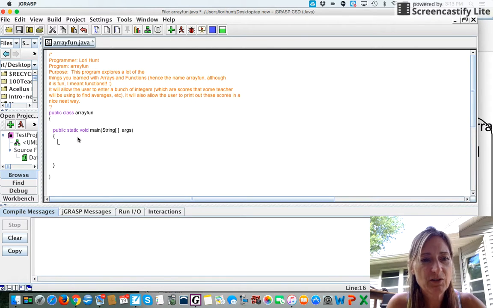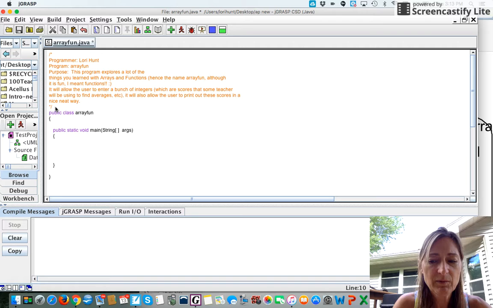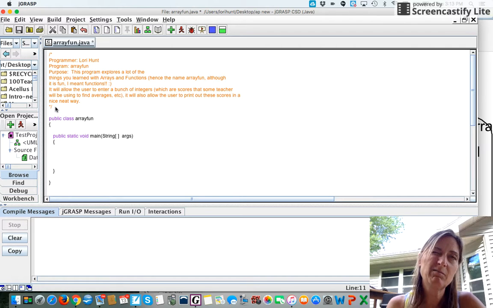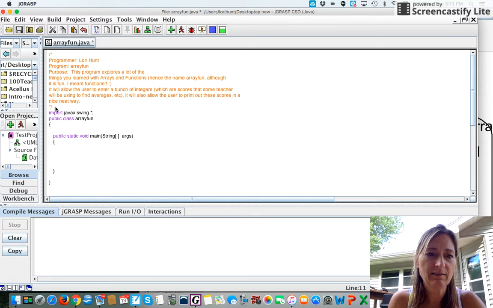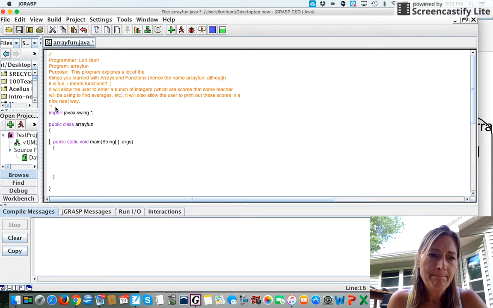First thing that we're going to do is talk about how functions can help us. I will use, I guess, JOptionPanes just because I think most of you are pretty familiar with those, and usually that's the thing that students use. So I'll say import javax.swing.*. And you can see I have this program set up just with a main right now. So I could do things like